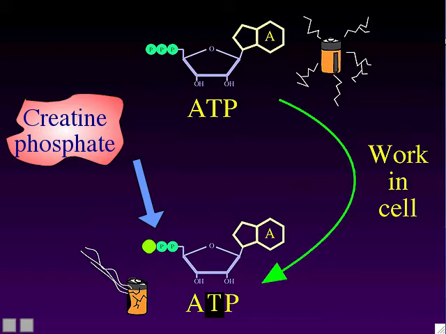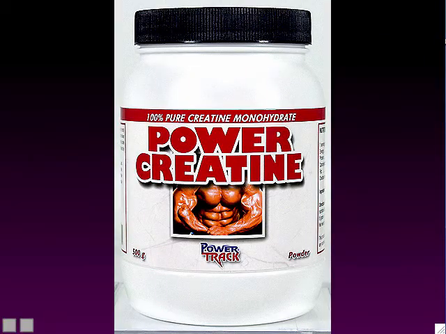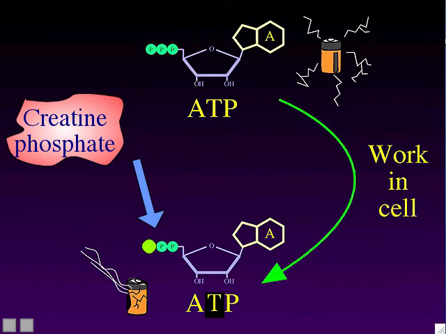Before I go on about the creatine phosphate, I just mentioned kind of an interesting tangent. You could buy creatine phosphate as a supplement. Stores that sell powder protein and other health supplements will sell you powdered creatine phosphate. It's supposed to help you work out by adding more energy to your muscles. Does it actually work? Well, I don't know. I'm not an expert on supplements, but I just thought it was interesting that you can actually buy creatine phosphate